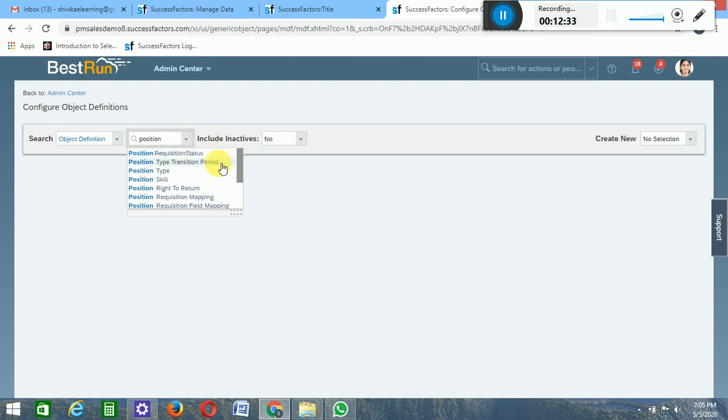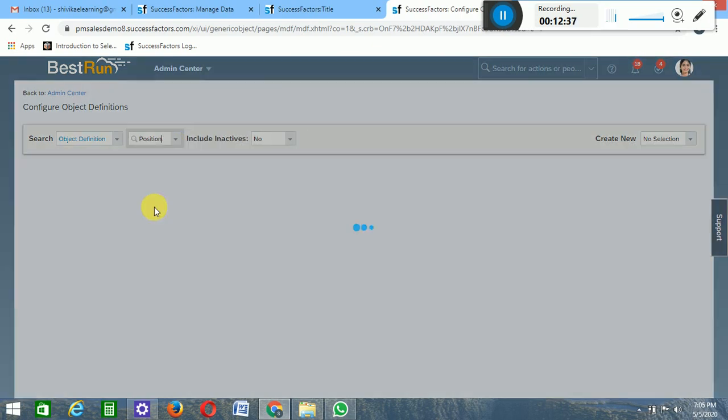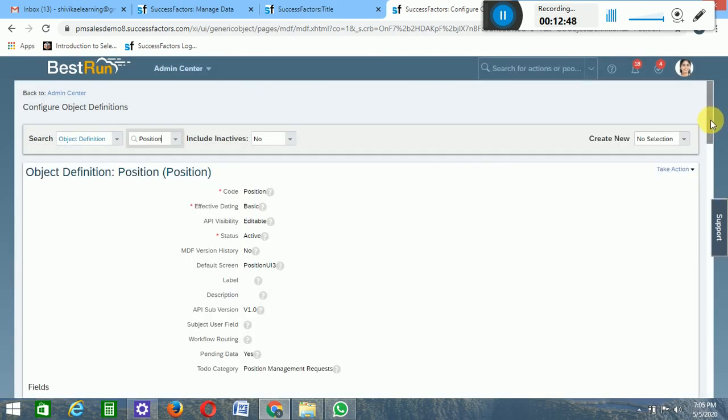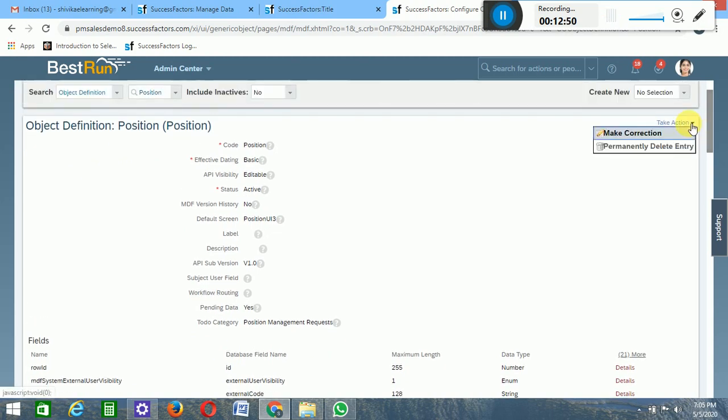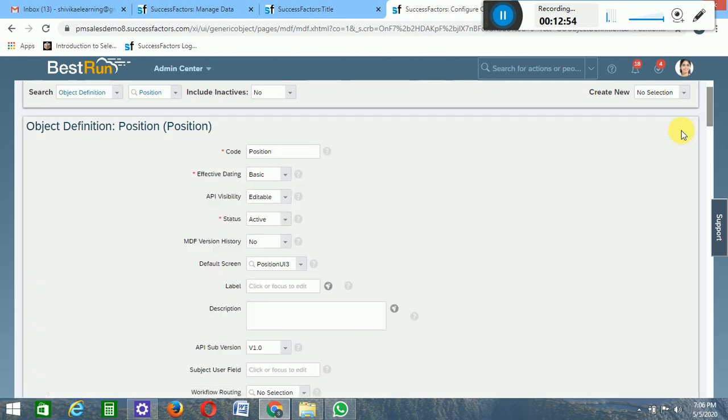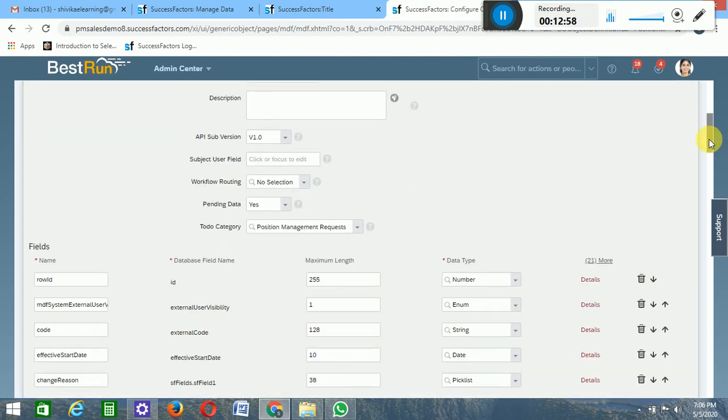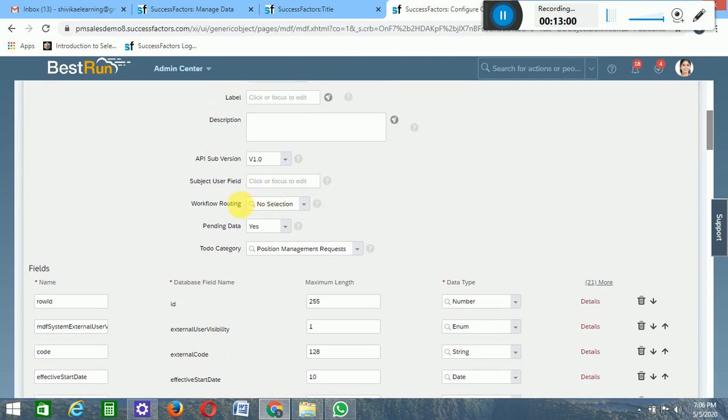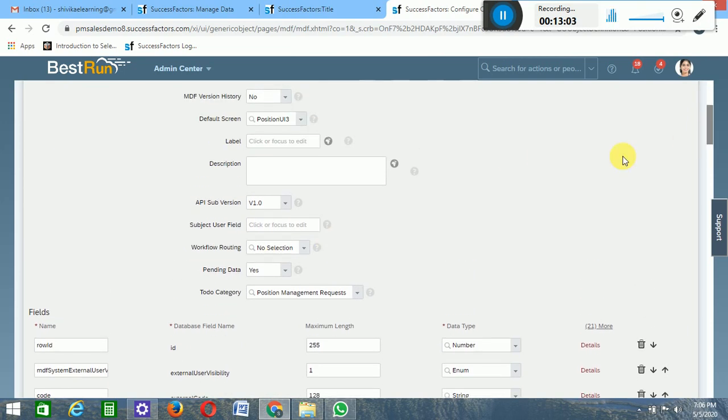Got it? So these are the fields. Go to Take Action, Make Correction. Here we have to assign our workflow. We are not writing any business rule, so we can assign our workflow in the field called workflow routing.